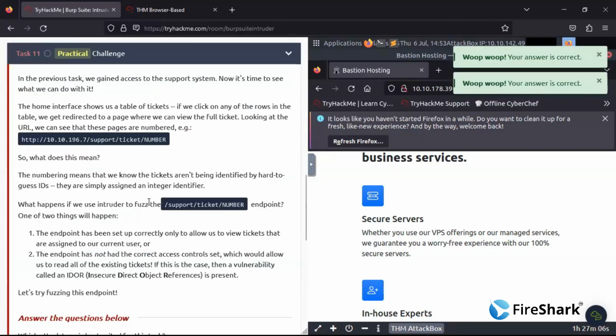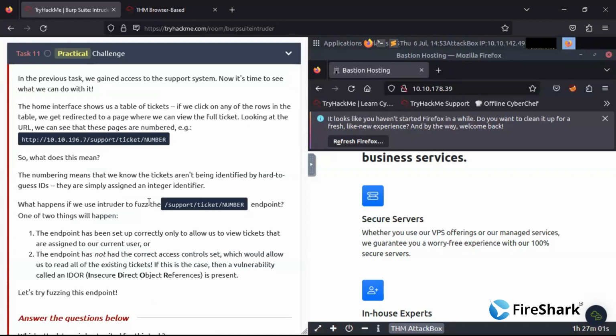In the previous task, we gained access to the support system. Now it's time to see what we can do. You just practice, go through all these articles and practice it on your own, so you can get hands-on. Okay. So now